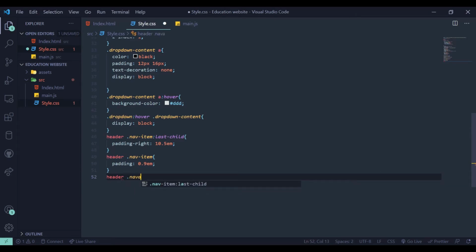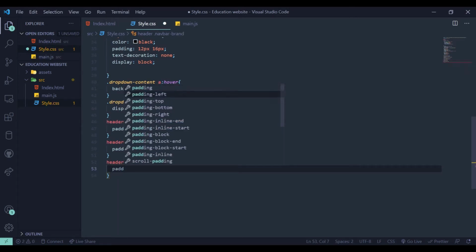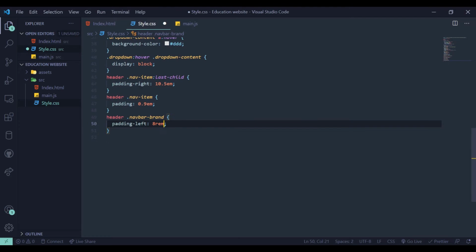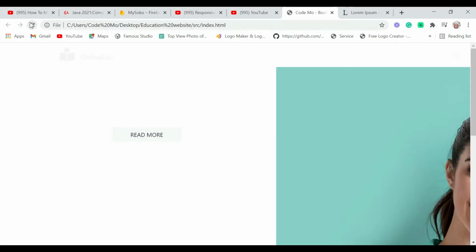This time I'm going to say my nav brand, navbar brand. For this class, I'm going to add one thing, that's padding left to be 8. Now let's save this, go back to our Google Chrome, and now let's refresh. Now you can see we have